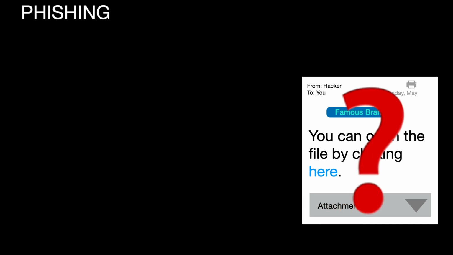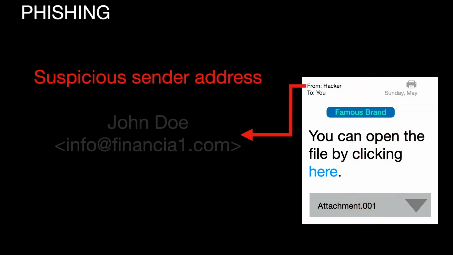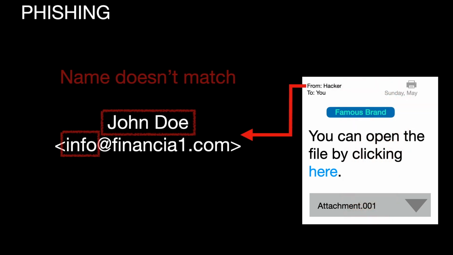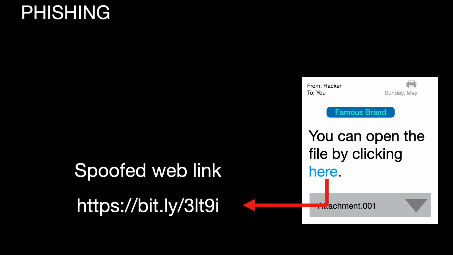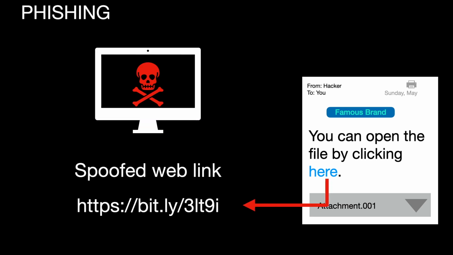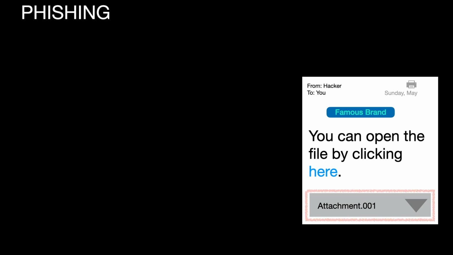But how do you tell if it's a phishing email? Look at the sender's email address. An address that does not match up could be trouble. A link in the email might take you to an unsafe website. Before clicking, hover your mouse over the link to display its address to see where the link will open to. If it doesn't look right, best not to click on it. Be cautious of attachments, especially from unknown senders. Clicking on it may download a virus or malware.